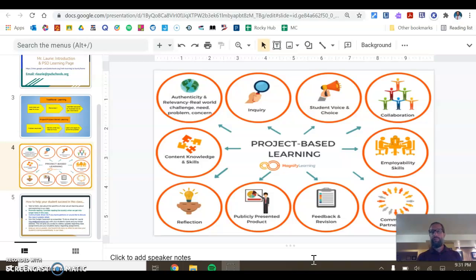And then we go on to employability skills. So everything we do in this class, I understand there are many outcomes for high school, such as college or university, but also jobs in the military, internships, etc. So all these skills that we're working on in this class are meant to appeal to all of those needs. At the bottom right, you'll see community partnerships, and this is something I mentioned a minute ago, which